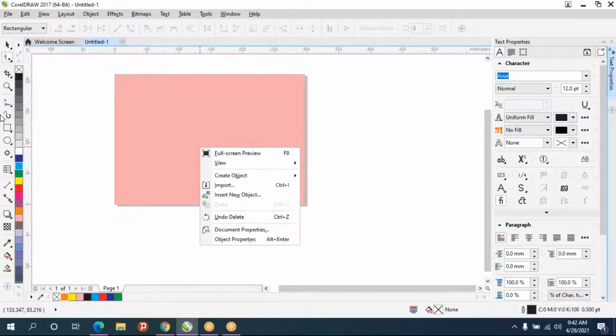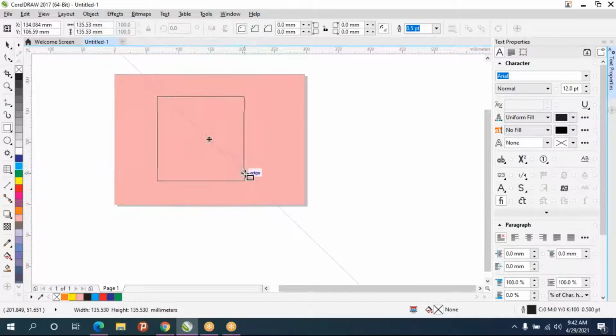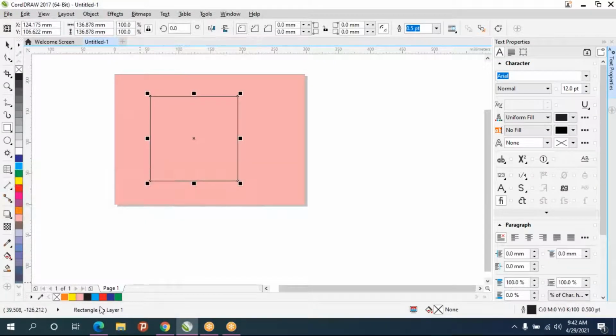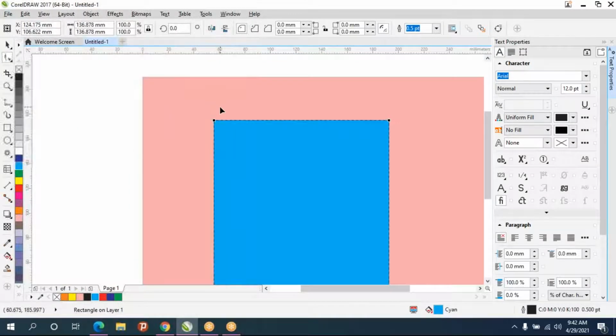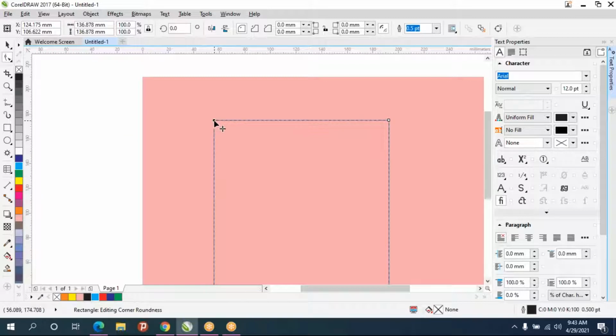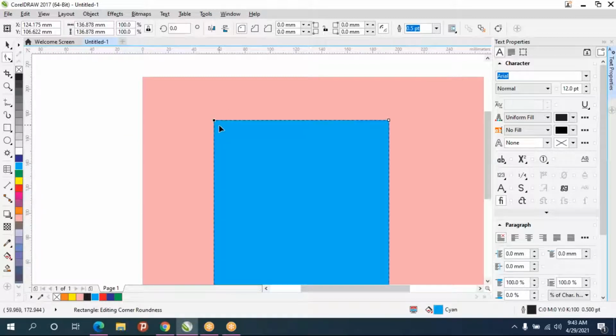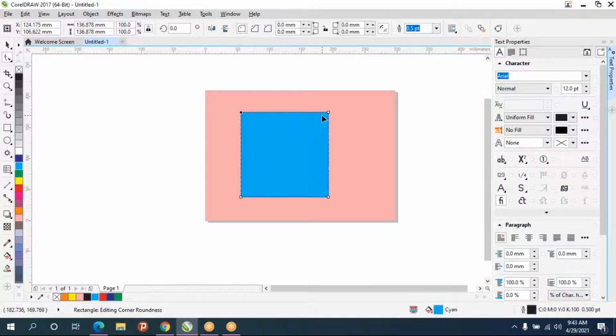Okay, sir, everything is okay. So after taking shape tool, how can I move this point from here to somewhere? It should not make a round corner, but instead it has to move the point. Suppose if I click on the point, it has to move somewhere. Okay, so I should be able to adjust the points wherever I want. For that, what you have to do after selecting the shape tool is select the object.